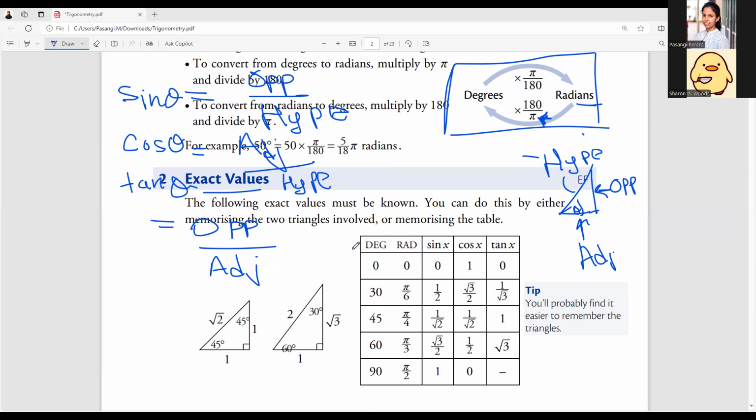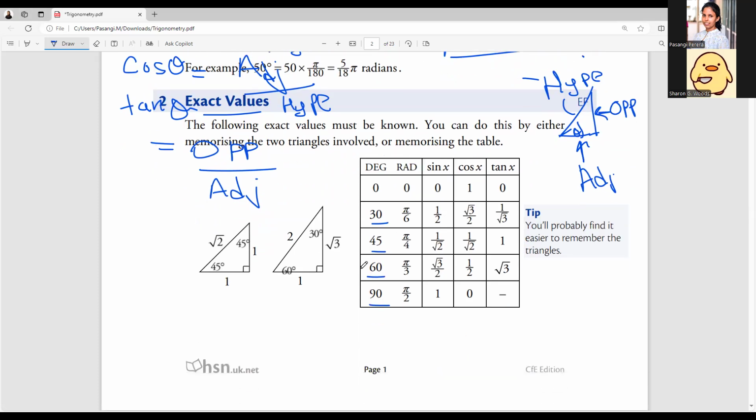Now what will happen? As I already told you, there are three basic familiar angles. So 30 degrees one, 45 degrees one, 60 degrees one, and 90 degrees one. All these angles, we normally use those ones